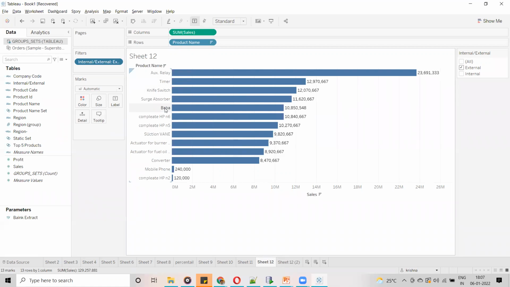Is it clear, guys? So this is one of the scenarios. You can explain this concept whenever you go for an interview. When you have used sets in your project, you can explain the customer requirement: the customer has shared some list of values and asked me to show them as internal and the rest as external.